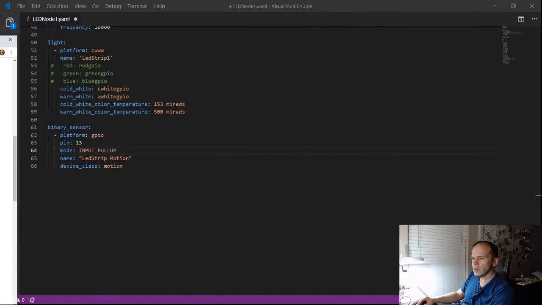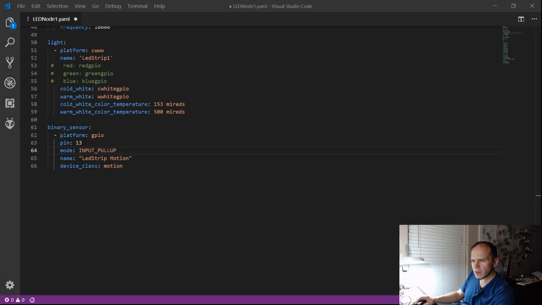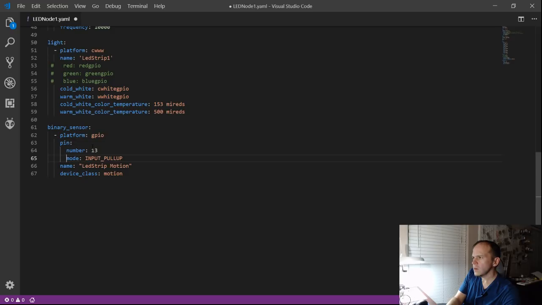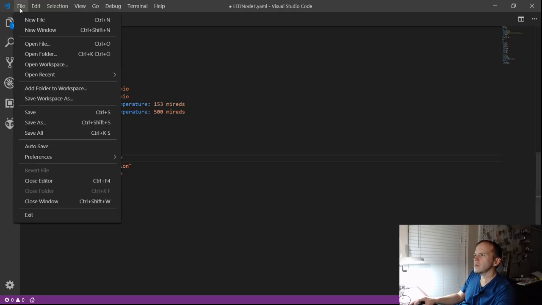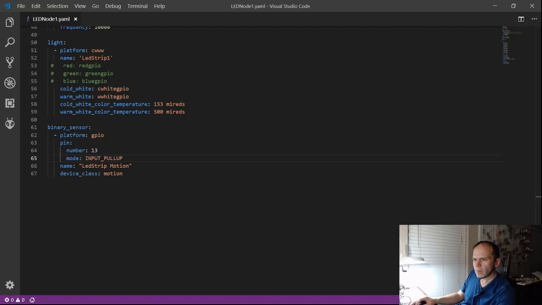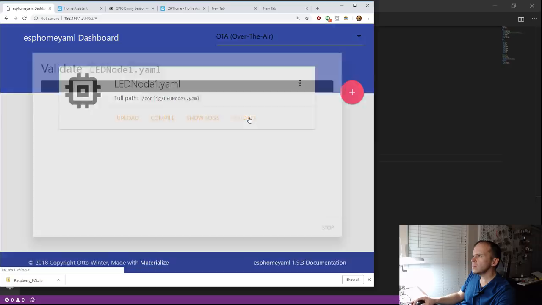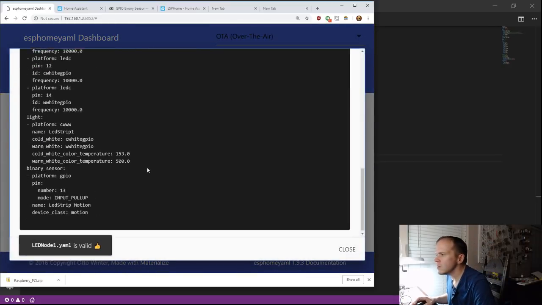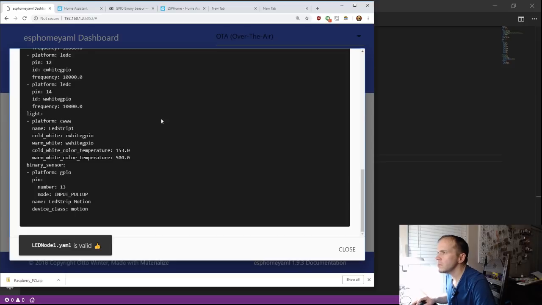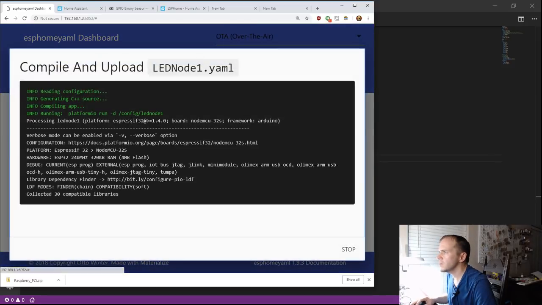Drag this over. For pull up, it looks like it wanted pin, then number 13. Let's see if it throws a fit about that. Let's do validate. Yep, it liked it. Good deal. So input pull up, and we'll close, and let's upload it and see if it'll stop flipping out.